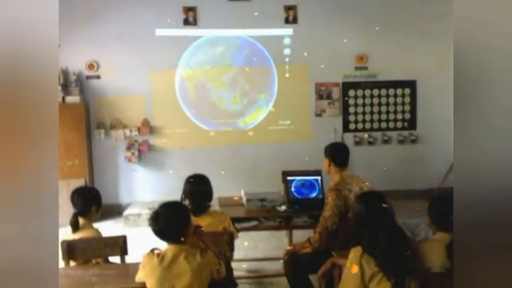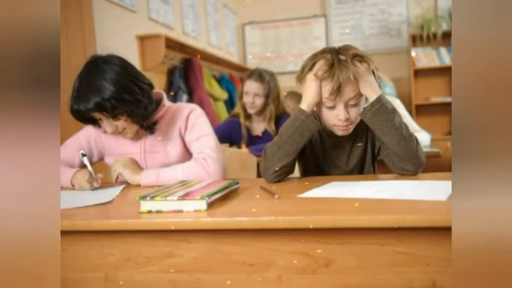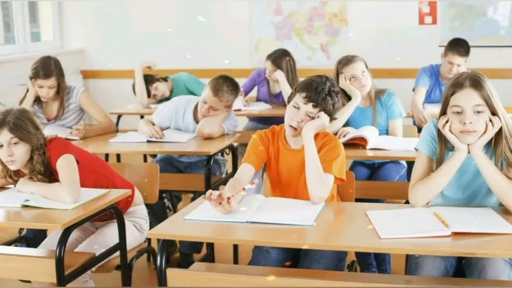Special effects and light from the projector can draw attention away from the speaker. Too much information can also be distracting because the students will be trying to read and take notes while the speaker has moved on to the next slide. There are also too many slides for the students to interpret, or the audio and visual may not match up.